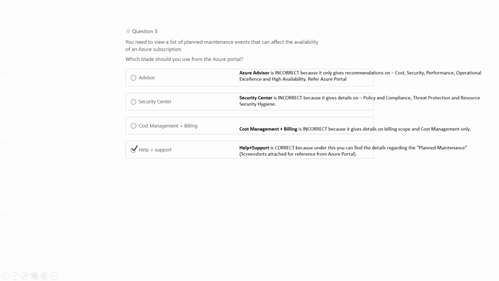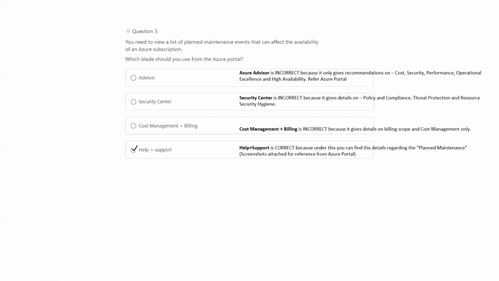Let's look at the details of each and every option. Azure Advisor gives recommendations on cost, security, performance, and operational excellence, so it doesn't give the list of all the planned maintenance.